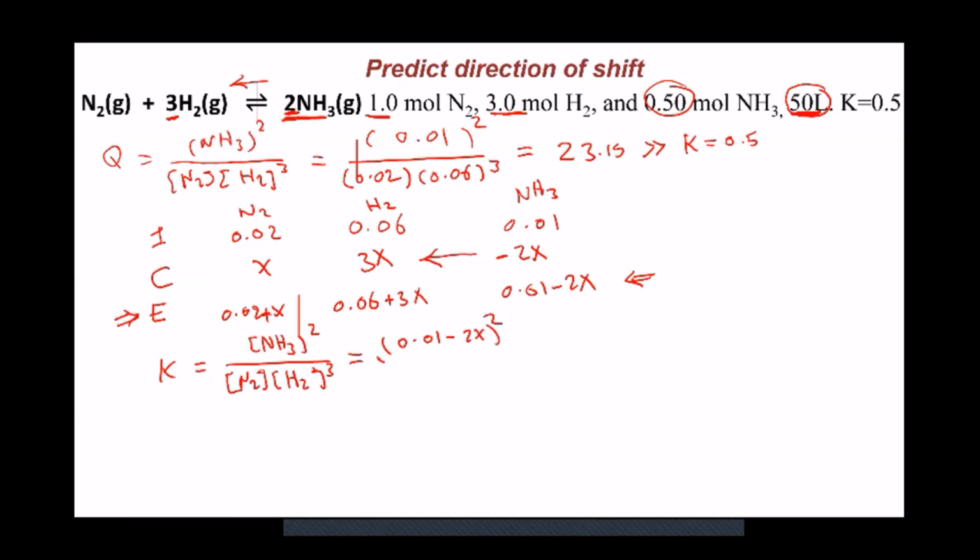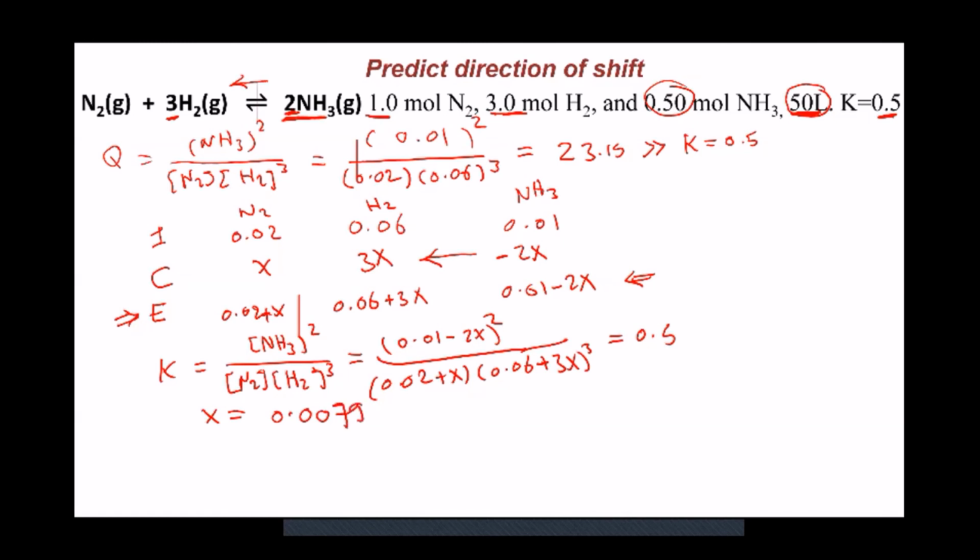squared, divided by 0.02 plus x for nitrogen, times 0.06 plus 3x to the power 3 for hydrogen, and that is going to equal the value for the equilibrium constant, which is 0.5. Now we have an equation in x, so we solve for x, and this is what we get. The only reasonable root is going to equal